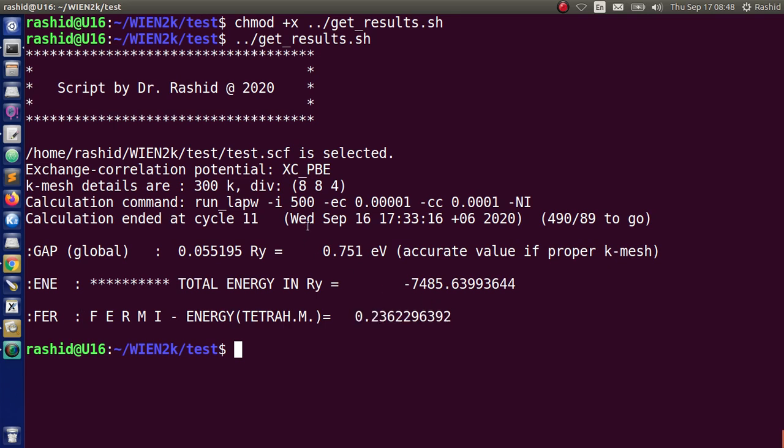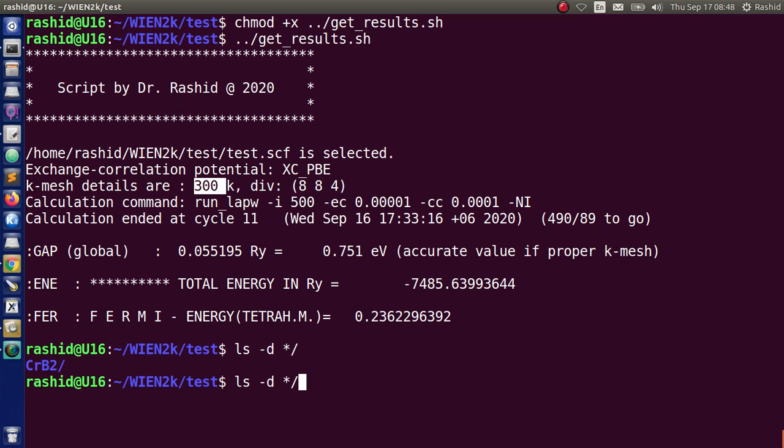Now with the script, you can do more things also. For example, you may have other folders in this directory where you have saved the results from previous calculations, maybe with a different potential or different KMS details.